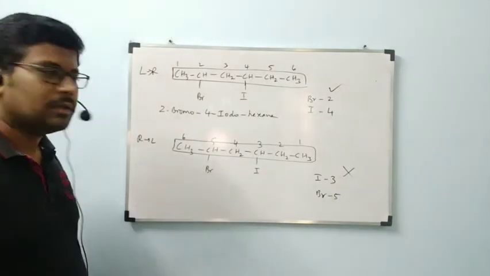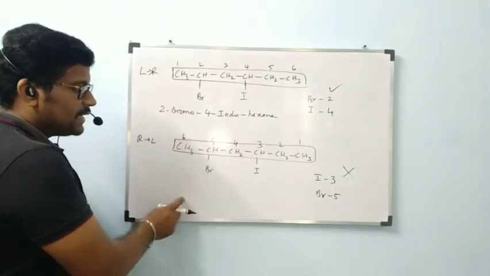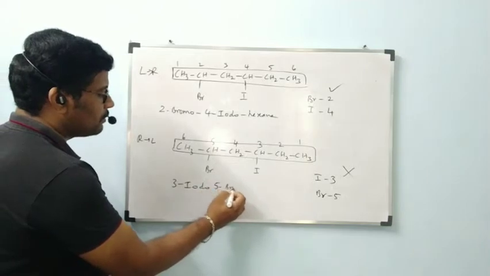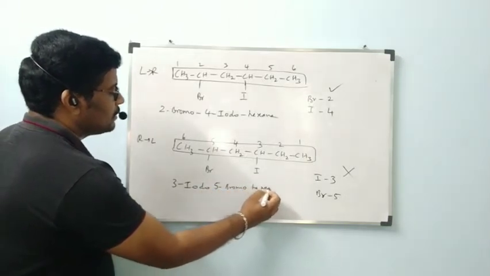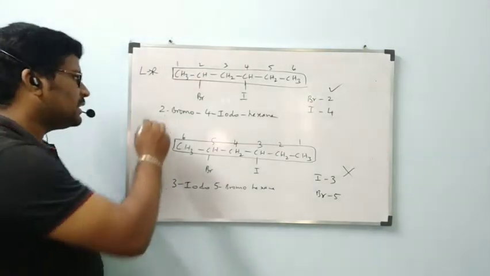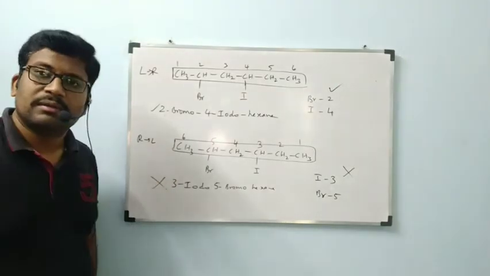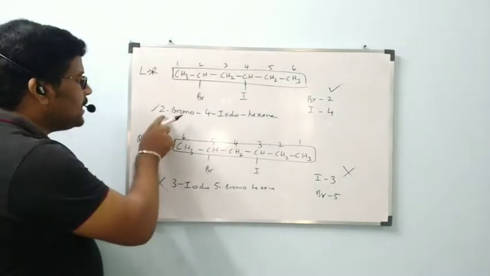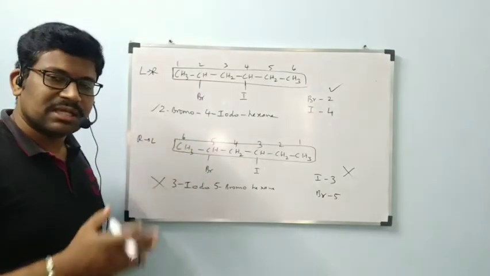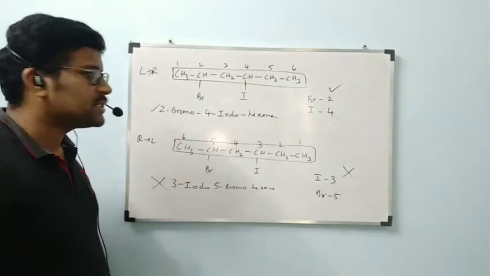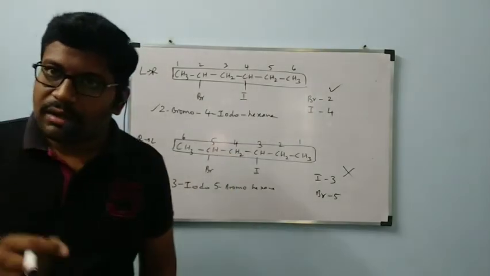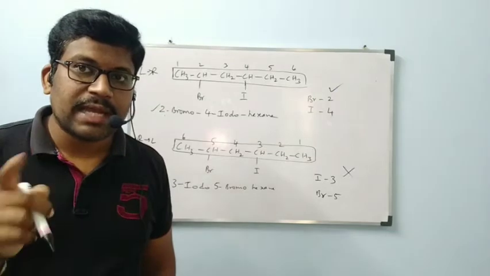Is it okay? Bromine is getting 2. If you write 3-iodo, you will get 5-bromohexane. See, the first numbers are different, so the name with the least first number is correct and this name is wrong. B and I: B will be first, and only after that I. So without changing the numbers, alphabetical order is also correct. The name of this compound is 2-bromo-4-iodohexane. This is the condition if we have two different substituents at different positions.